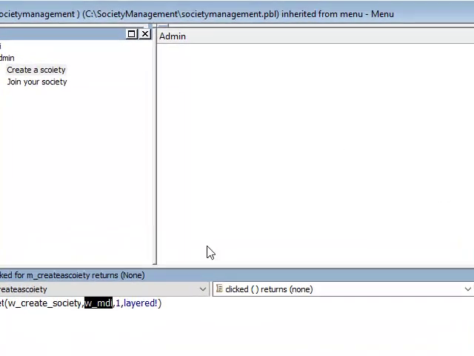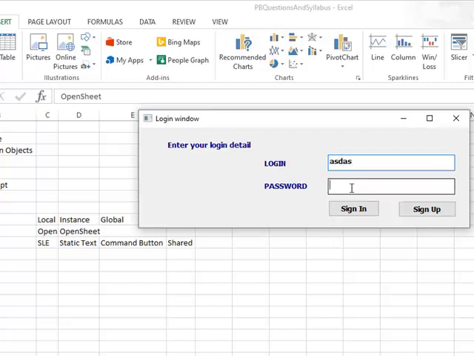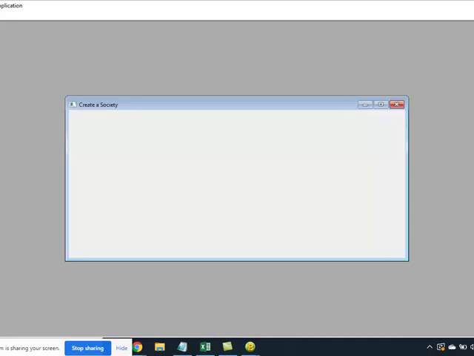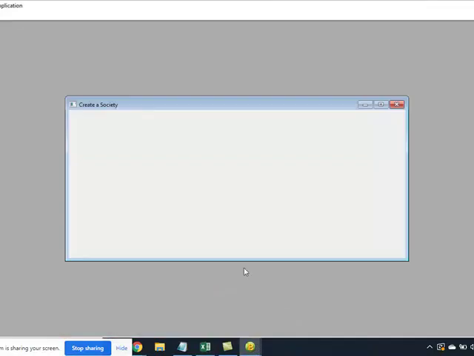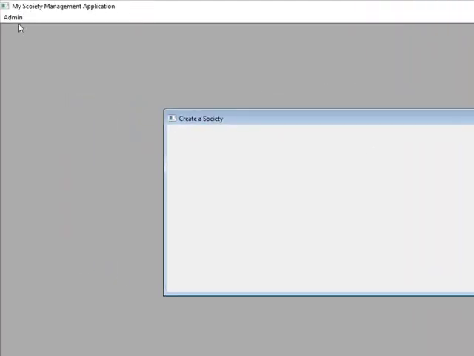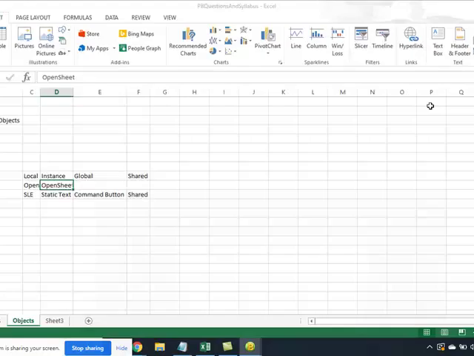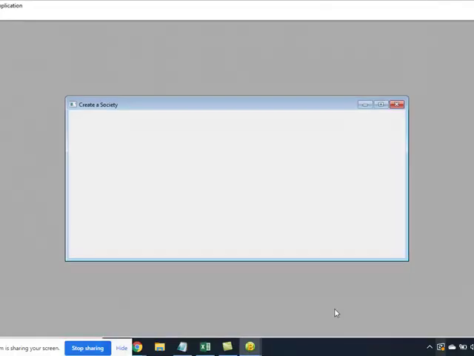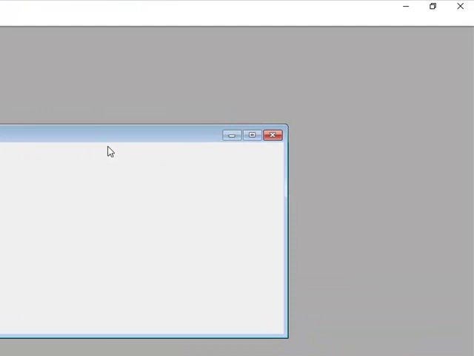What is the benefit of using it? Let us check that. If you minimize your MDI window, all the windows opened under this MDI are also minimized, which means you have opened this window as a sheet.